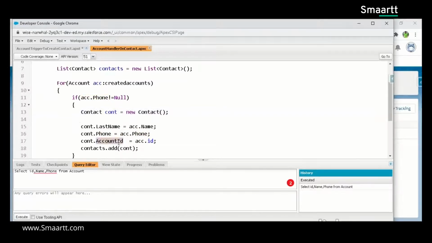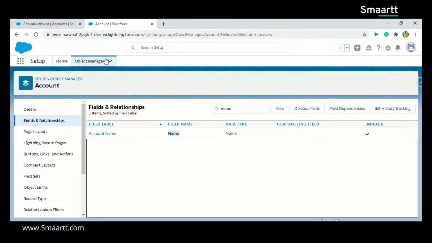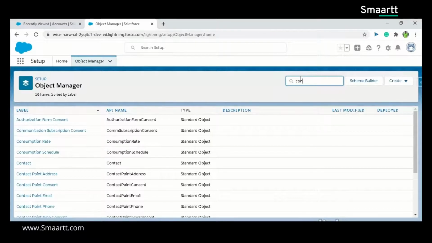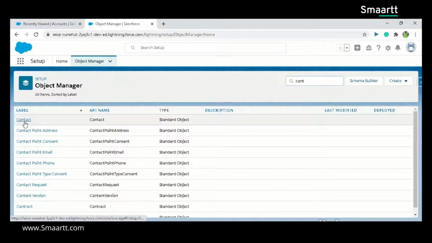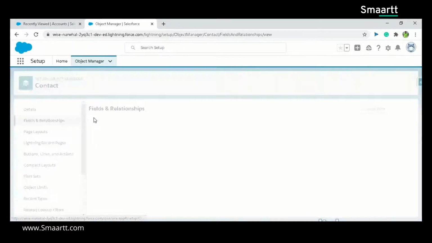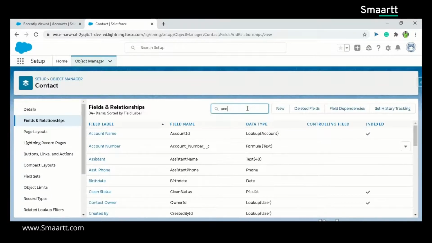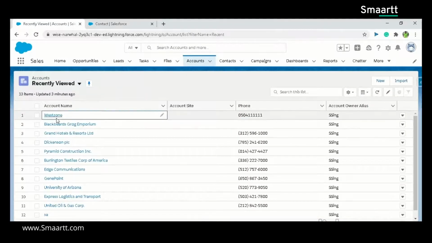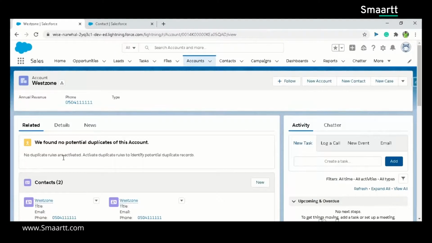And then we have an account ID. What is this? The answer is simple. Go to the account object manager, search for contact, go to fields and relationships, and look for account. Basically, account and contact is a child-parent relationship, because when you find any contact present under the related section of an account, it means that contact is the child of its parent.